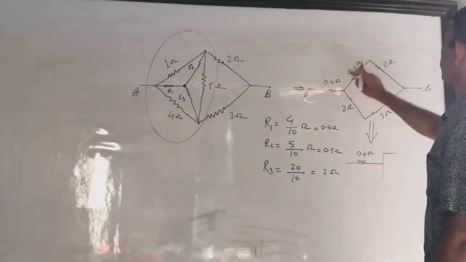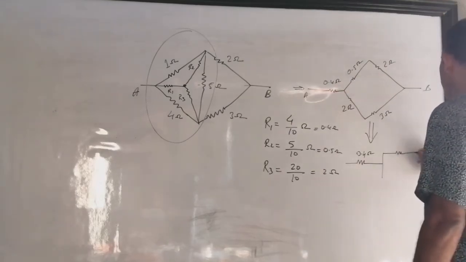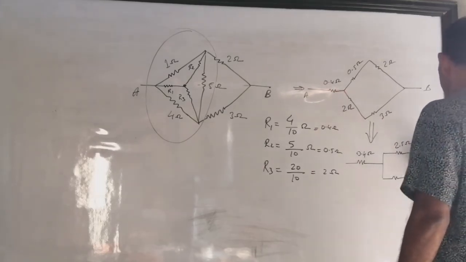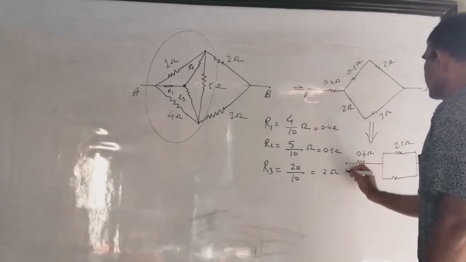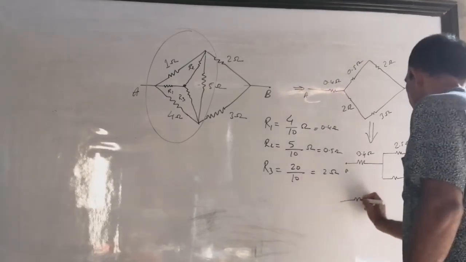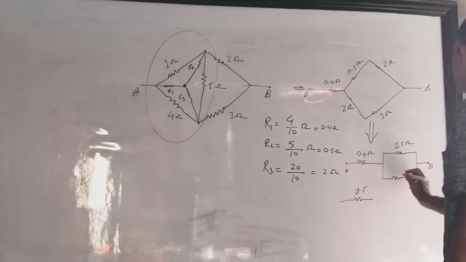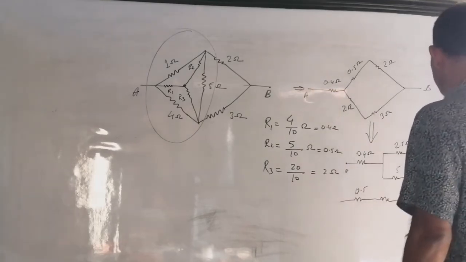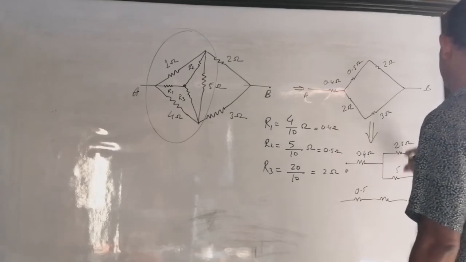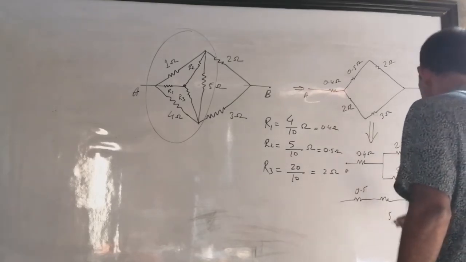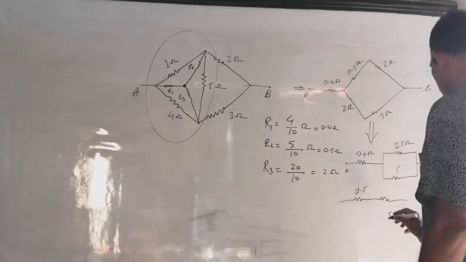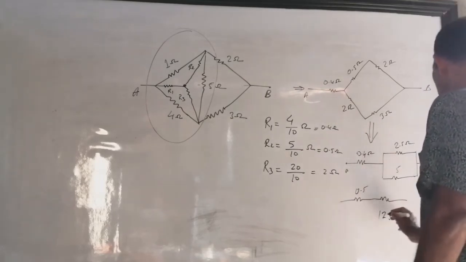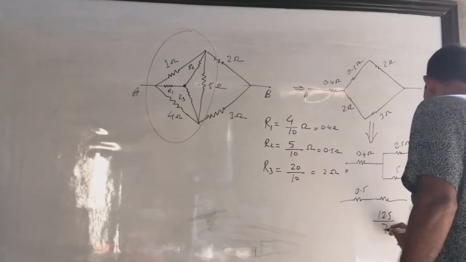2 and these two are in series, so 2 and 0.5, so 2.5 ohm resistance. Here I got 2.5 ohm, and now 2 plus 3, that's the 5 ohm. And now see this is our A and this is our B, and so what is left again? There is 0.4, and this was our 2, 3, 5, and so now from this one resistance I am getting product by sum. So what will you get? 5 times 5 is 25, and 5 plus 5 is 10, plus 2 is 12.5 ... product by sum is 7.5.